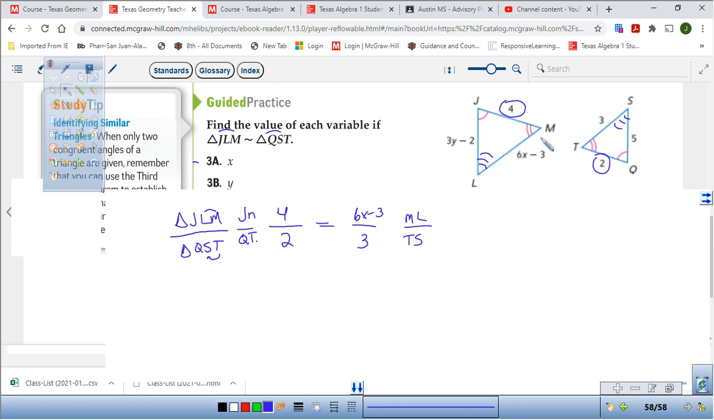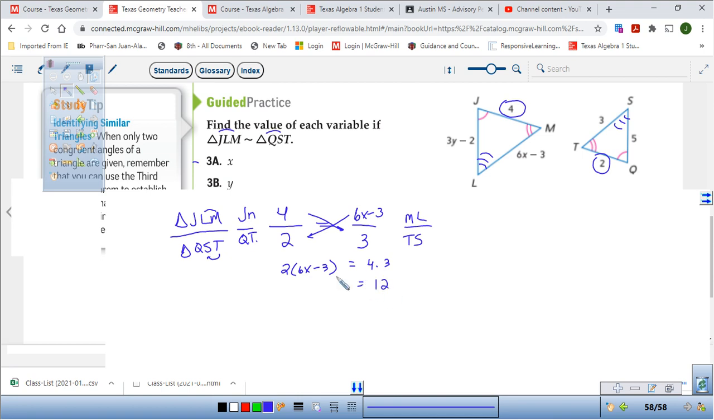Now from M to L, I went from a 2 to the unmarked 3 one. From the 2 to the unmarked 3. So 6x minus 3, yes, corresponds to 3. Perfect. It's really easy here. Flip this one up, cross multiply, divide. So I'll multiply these two right here, and I'll get 2 times 6x minus 3. Over here, I'm going to say it's equal to 4 times 3,